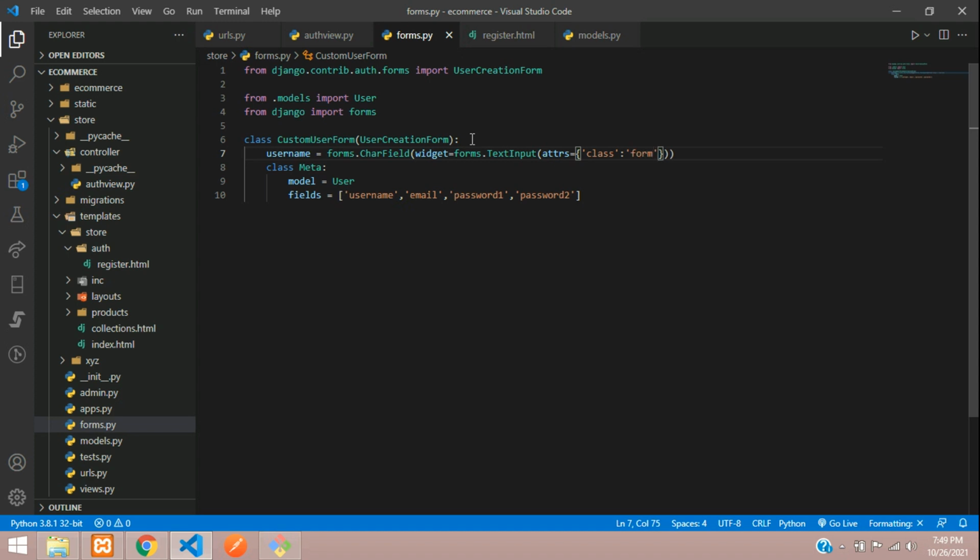So it's going to be form-control and margin bottom 3, or let us just keep my-2,